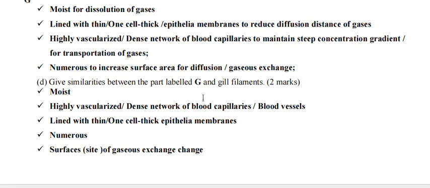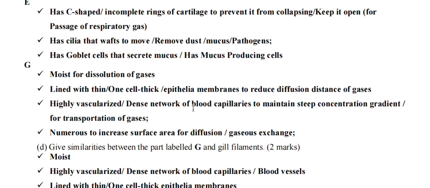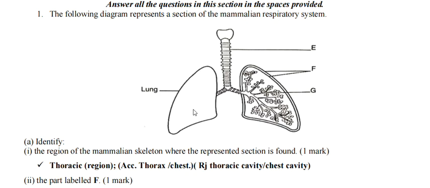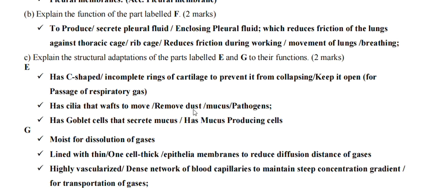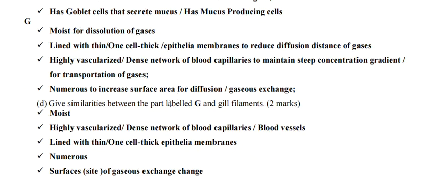Then give similarities between the part labeled G and gill filaments. G is the alveolus, and G and gill filaments both are respiratory surfaces. G is a respiratory surface in human beings, and gill filaments are respiratory surfaces in fish. And the similarities, both are moist and both are highly vascularized,